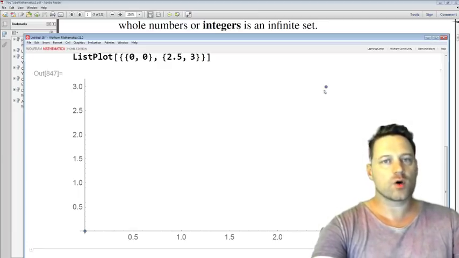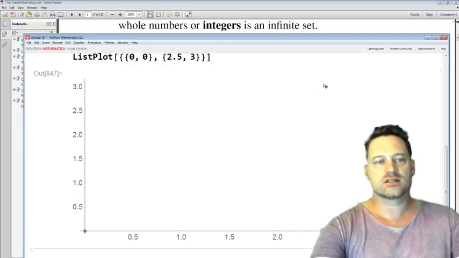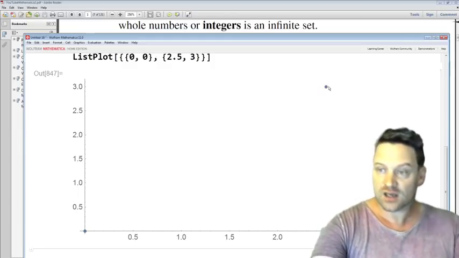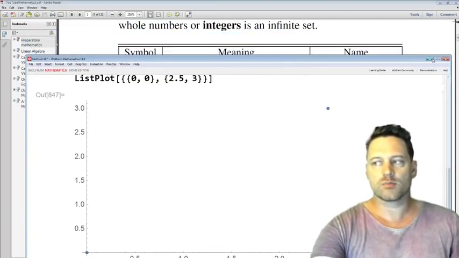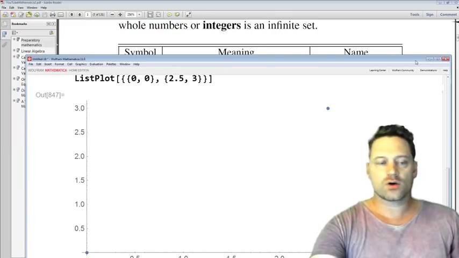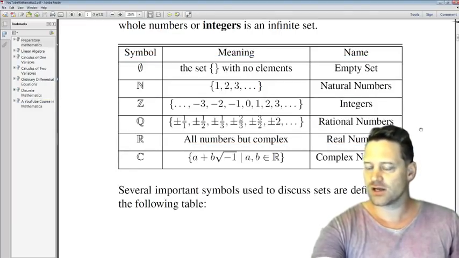And so if we want to view this complex point geometrically, we can do that. We just put it over here. Okay, so that's great. It's very helpful to be able to think of numbers geometrically. Okay, so I'll move this over and then I'll scroll down and see what else I have to tell you